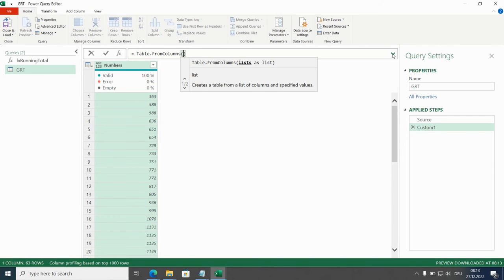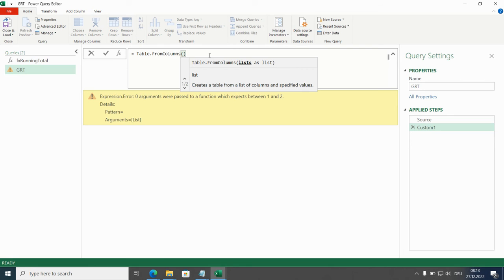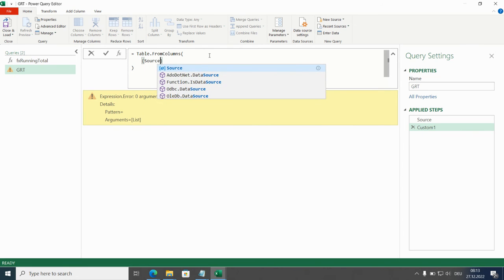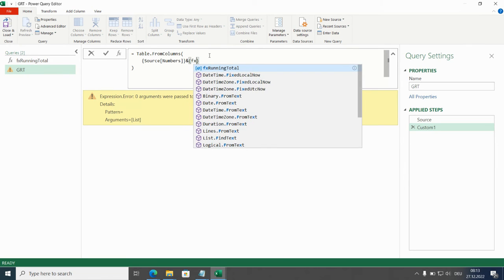We need to define the columns. That's the numbers plus the column created from the custom function. So we call this custom function,